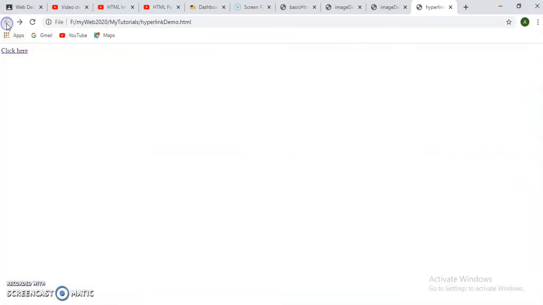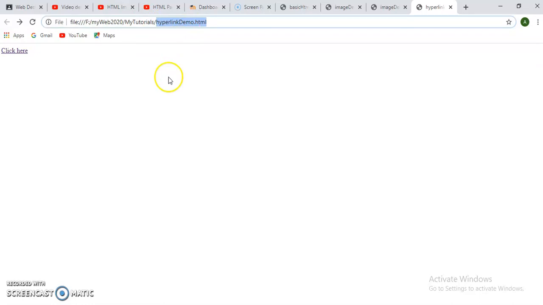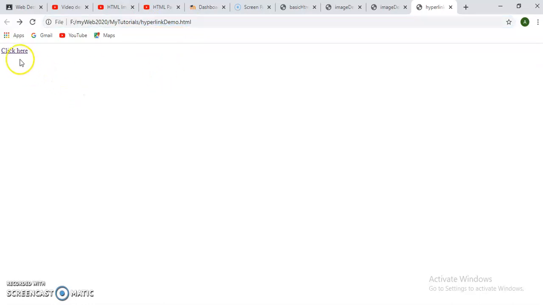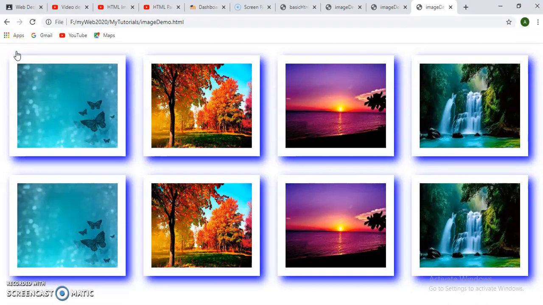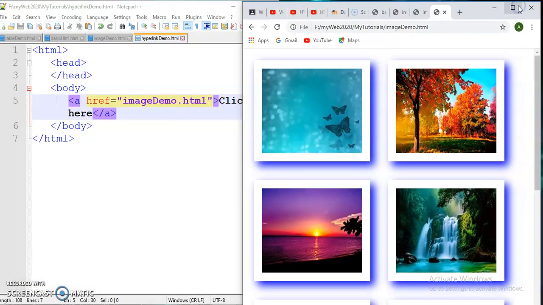When we go back, our original page, hyperlinkdemo.html, is there, and when we click on this, the other page will be displayed in the same window. So this is the use of hyperlinking.